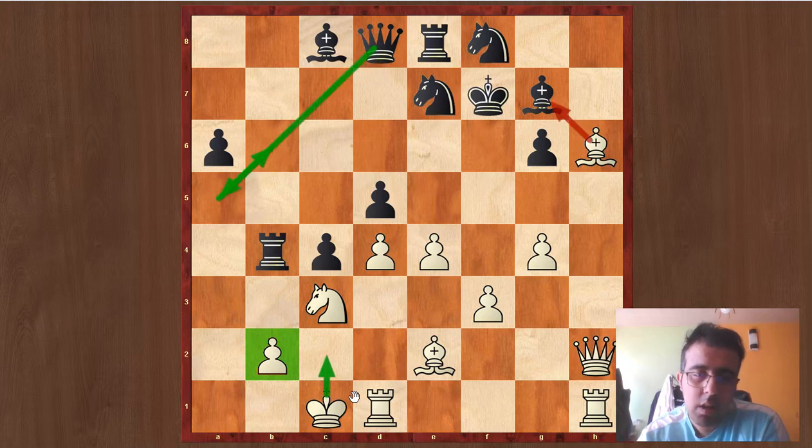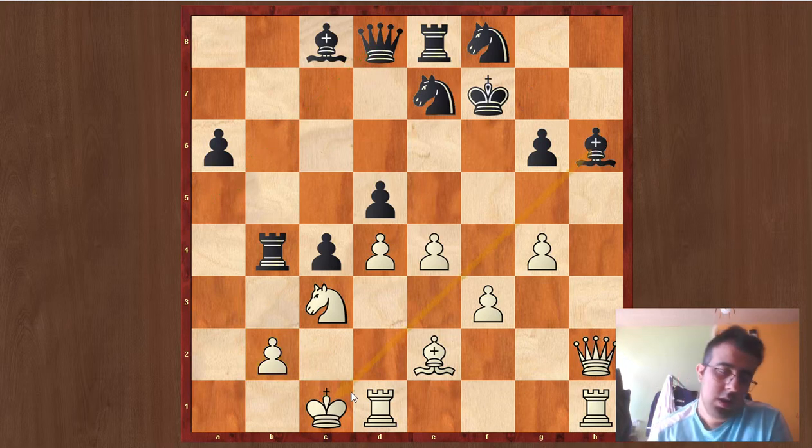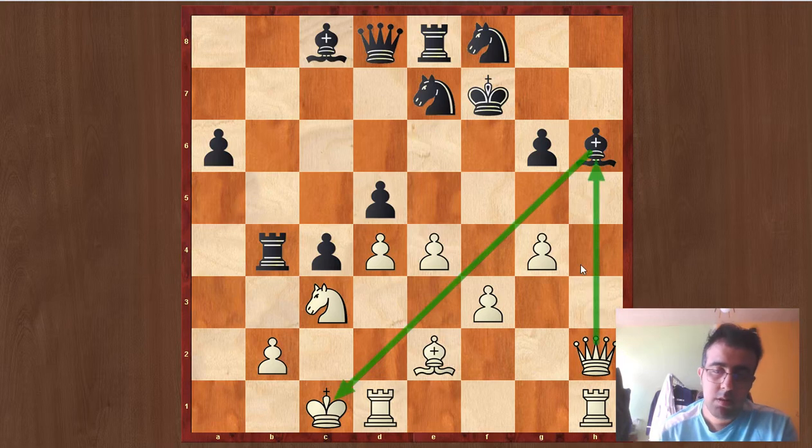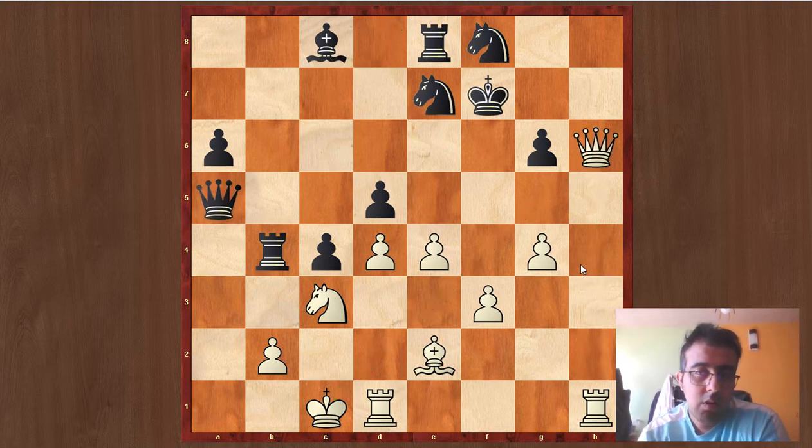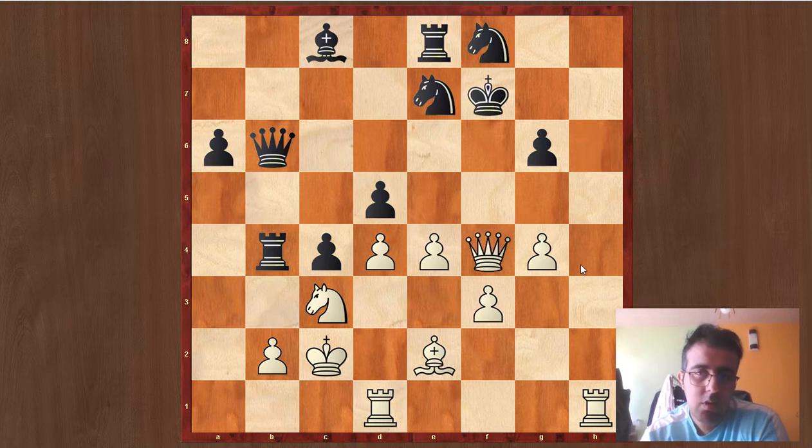But Gukesh doesn't play that. Queen a5 moves, so he plays the move bishop h6 check. So it's just check, so white has to capture back. And now here he goes queen a5. We have king to c2, queen b6, queen f4, and here a very interesting idea is that